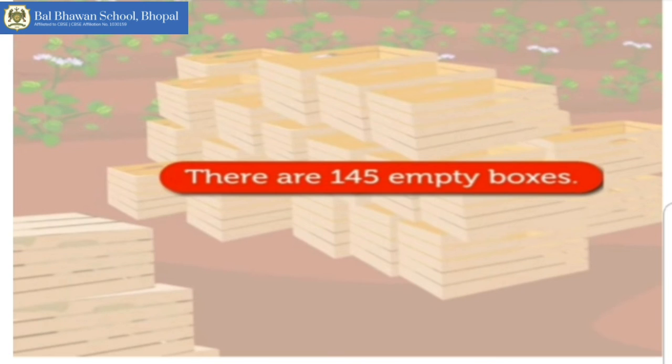So this way children, again you must have seen that we have followed the same 3 steps. First, according to the information given in the question, you have to write the statements. Second, you have to do subtraction and solve for finding out the answer. And third, you have to write the final statement. Okay, so if you are following all these steps very nicely in order, then you will not make any mistake and you will be able to solve your story problems, whether it is 2 digit or 3 digit.